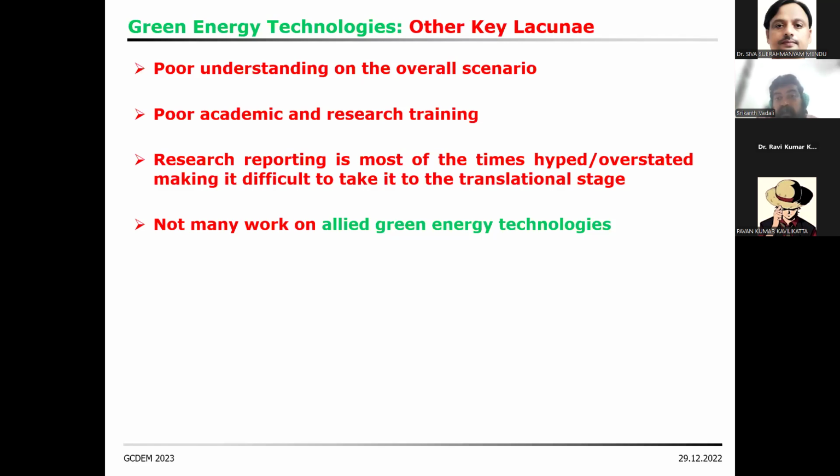For example, an inverter. We don't work with electrical engineers. For example, somebody is working on solar electrical energy conversion. Because it's an intermittent technology, you need storage. But when you convert solar to electrical, it's DC, you cannot use it, so you need to convert the DC to AC. Therefore you need an allied green energy technology, which is a green inverter, which efficiently converts DC to AC, but we don't work on it.